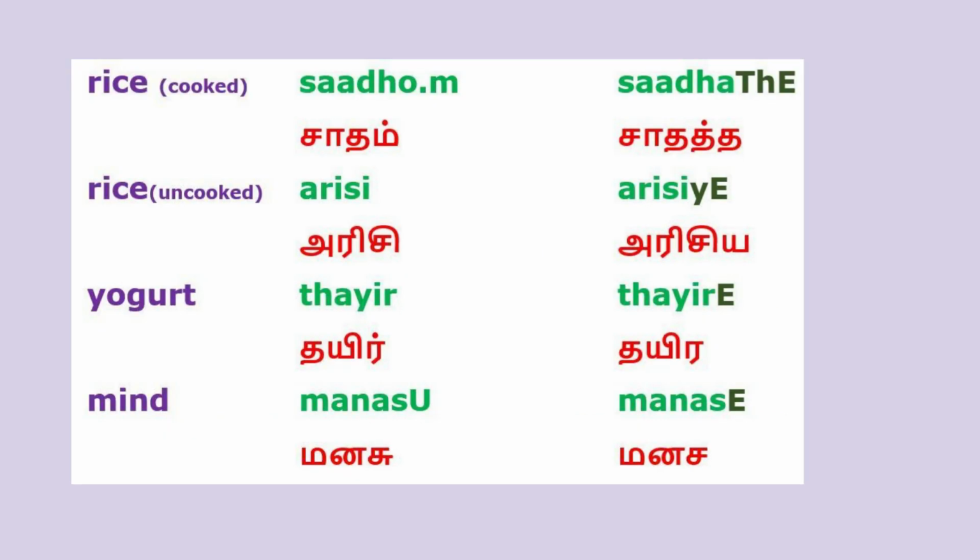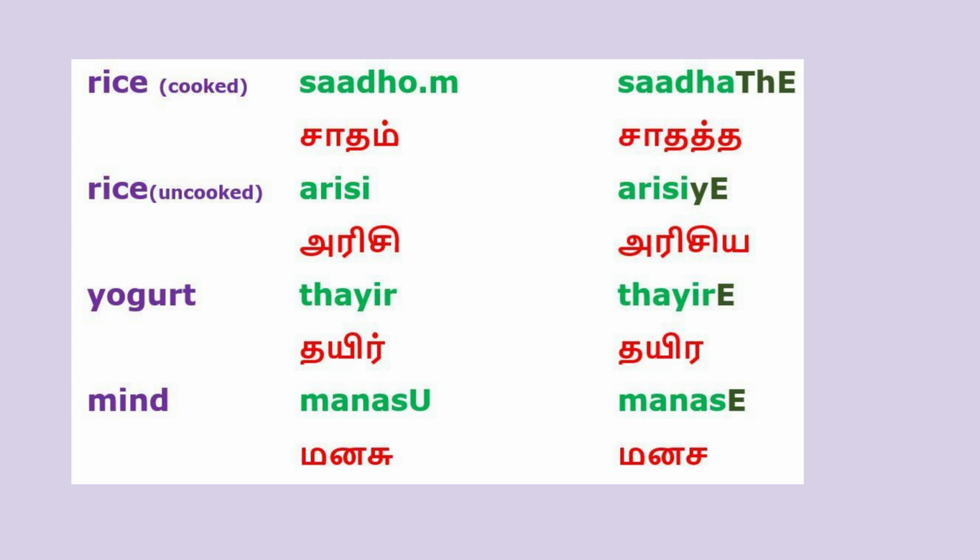Let us see some words now, just 3 or 4 words for you to understand how it changes. If you want, you can write that in the comment section. I can make a video with only words and their declensions in the direct object, because when I look at it, I see a very clear pattern. It doesn't change randomly. A certain sound takes one type of declension, another sound takes another. There are 3 or 4 sound endings which take their respective declensions.